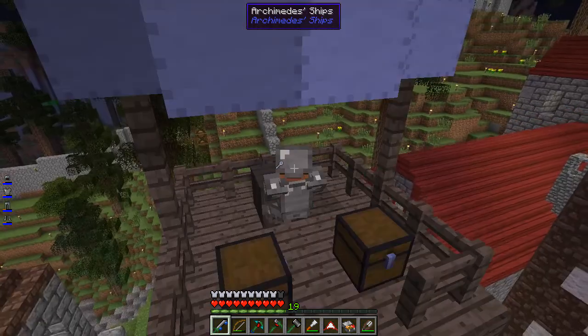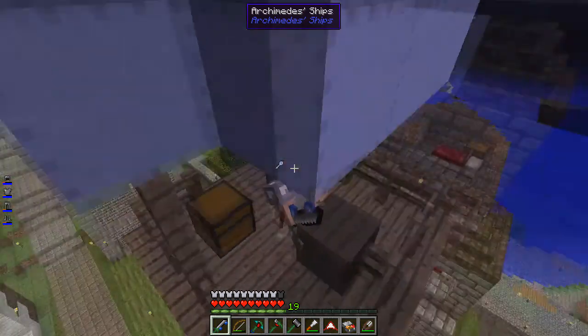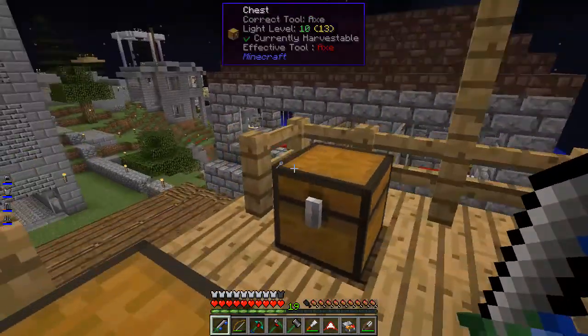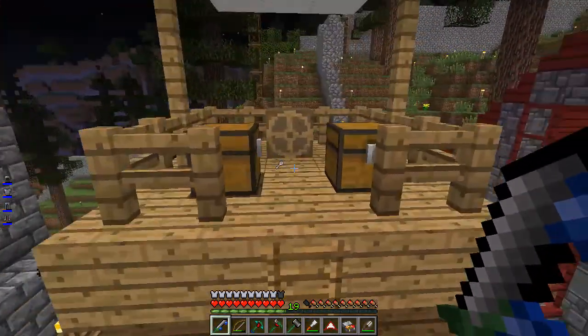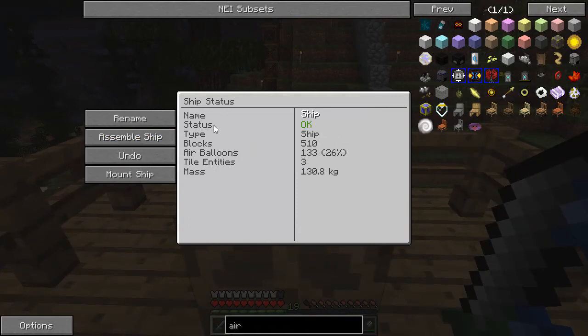Go up. How do we look? Are we carrying a building? No, not yet. Okay, there we go. We're on the building. All our moorings are attached. We're right on top of it. There is a half slab underneath us. So if I assemble